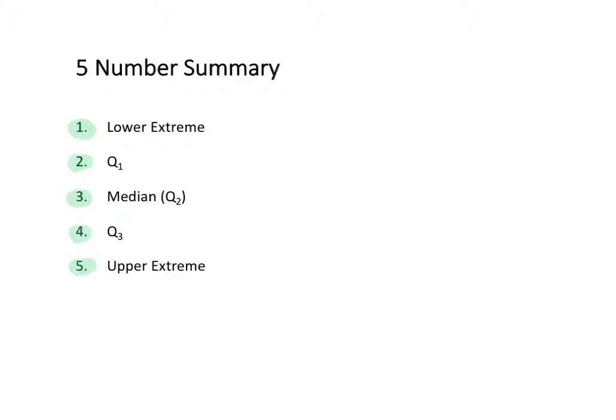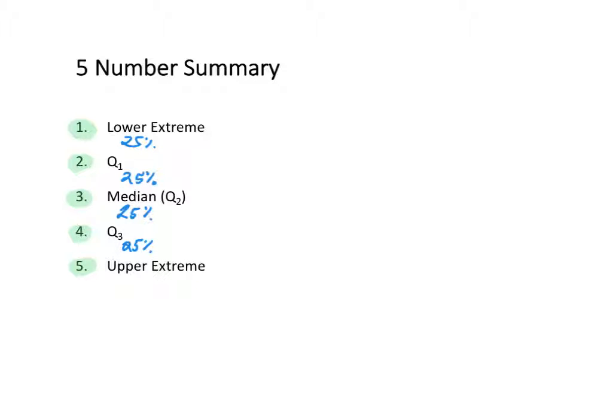The 5-number summary gives us an idea of the spread of the data set. So between the first two numbers, the lower extreme and the quartile 1, 25% of our data lies in between those two numbers. Between the second and the third number, quartile 1 and median, another 25% of our data is in between those two numbers. In between the third and the fourth, the median and quartile 3, another 25% of our data is contained between those numbers. And between the fourth and the fifth, quartile 3 and the upper extreme, is the remaining